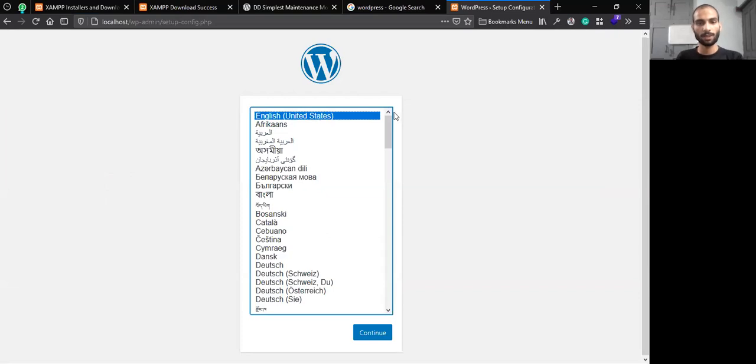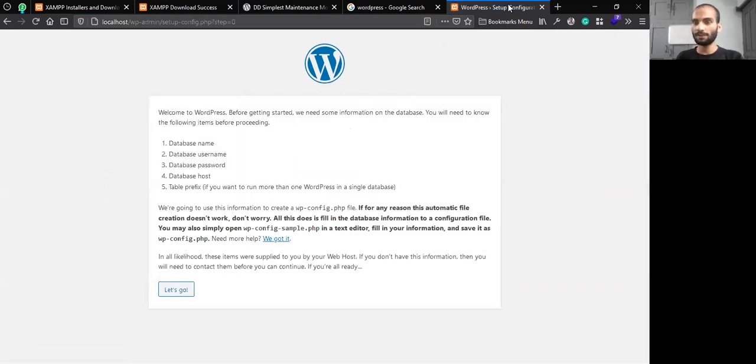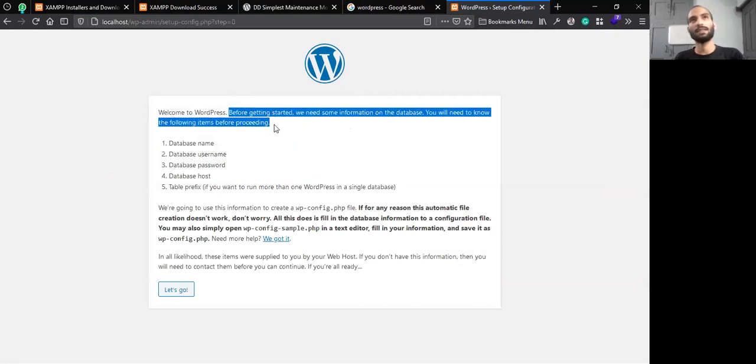Okay, so here you have to choose the language, and a lot of times you have to do the same thing in your hosting provider as well. If your hosting provider is not providing you WordPress automatic installation software like Softaculous or any other, you may have to do it manually, and a lot of times there will be cases when you have to do stuff manually. So this is the way, guys.